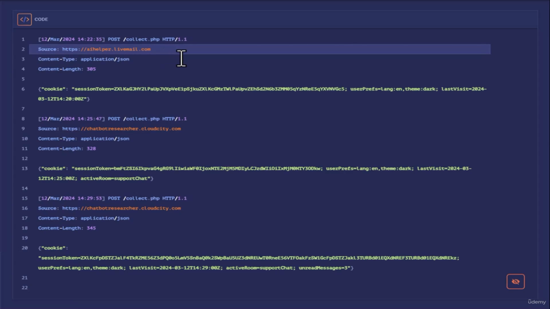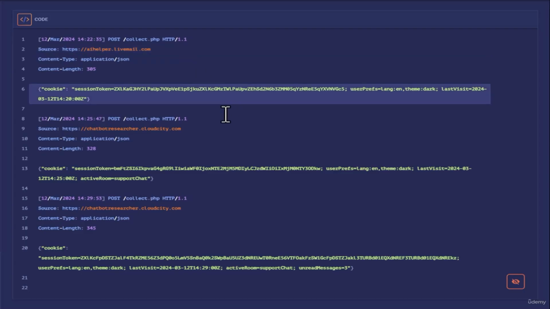While reviewing the log file, Bob notices that all of the requests originate from http://aihelper.livemail.com, an LLM-based tool used to manage and extract data from emails received by the mail service LiveMail. Each request contains a session token, which Bob can use to perform a session hijacking attack or sell it on